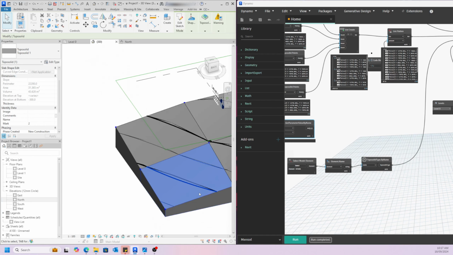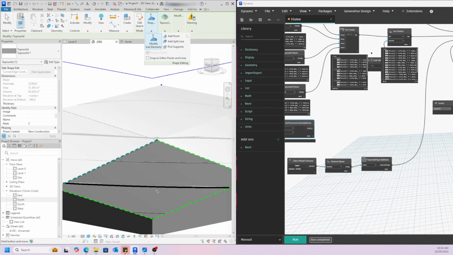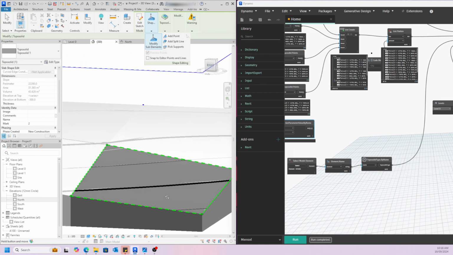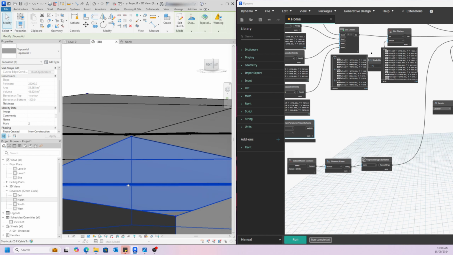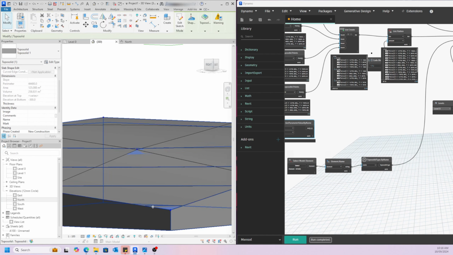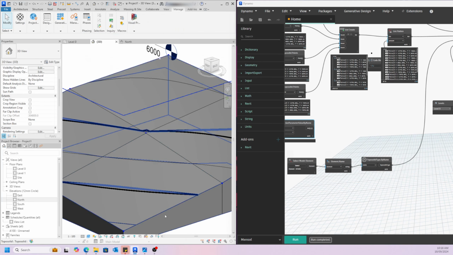So it doesn't obviously create an exact surface. You can see there's a little bit of a gap. Turn off my thick lines. Actually, it looks better on thicker lines. You can see there's a little bit of a misalignment. It's just because